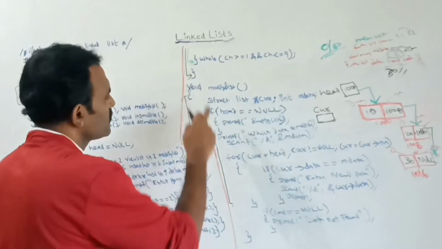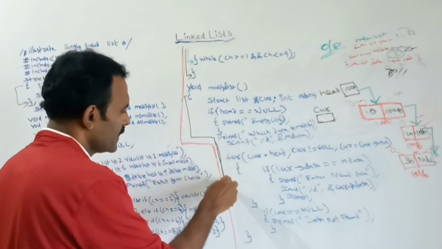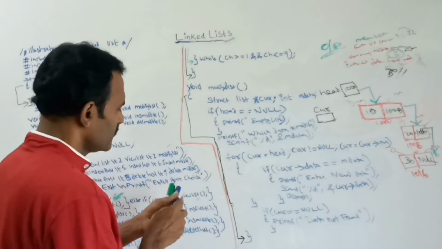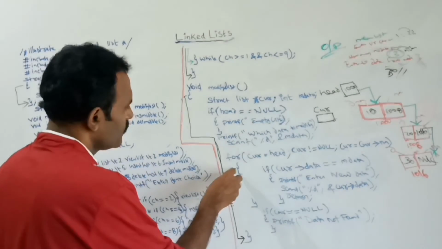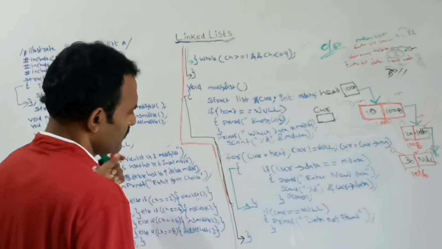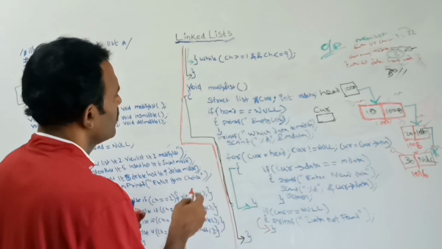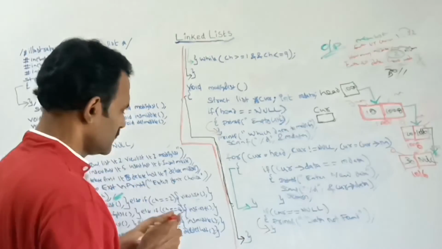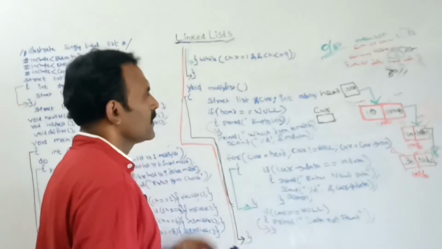So here this user defined function is ending. This one for loop has an open and close brace. Next this and all the if conditions here, one if condition. Now let us see the program here.